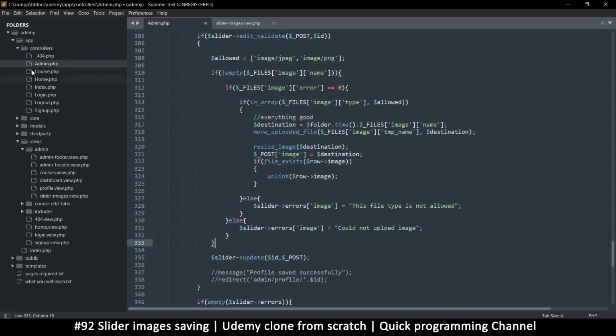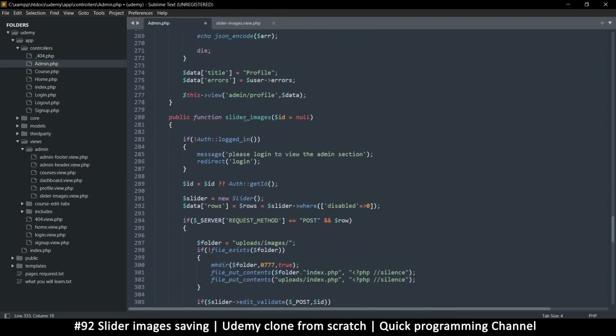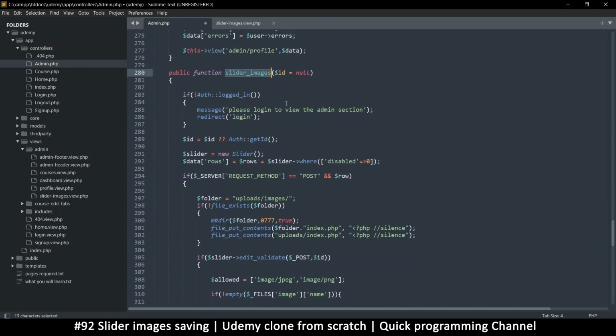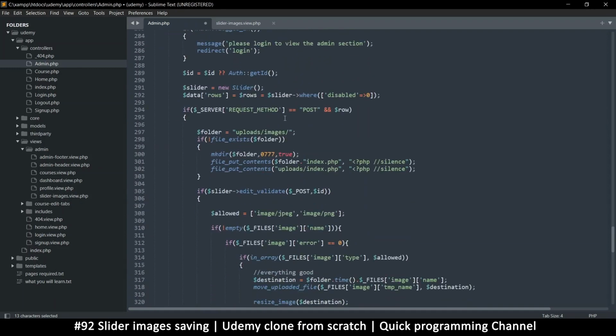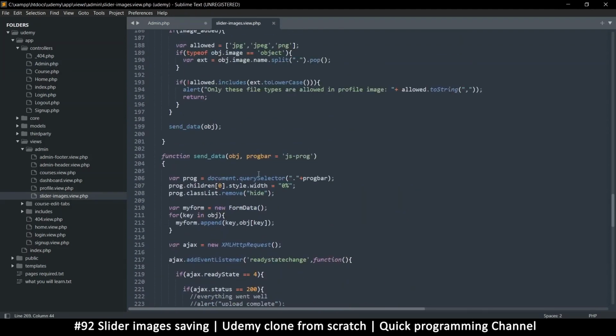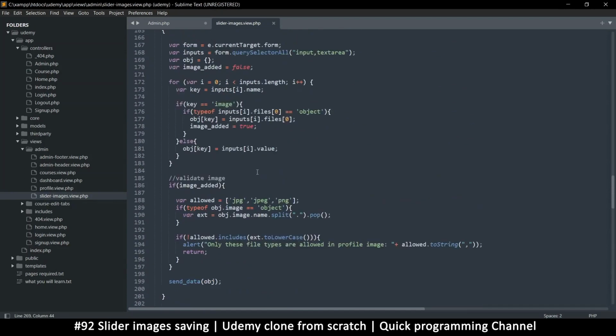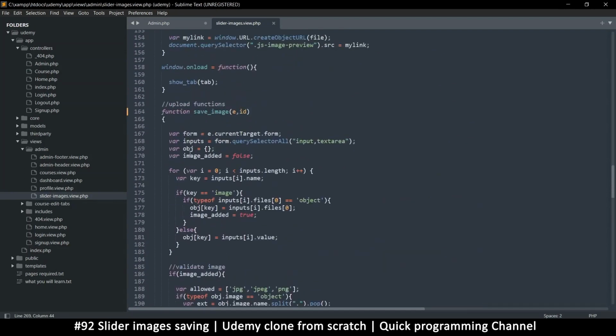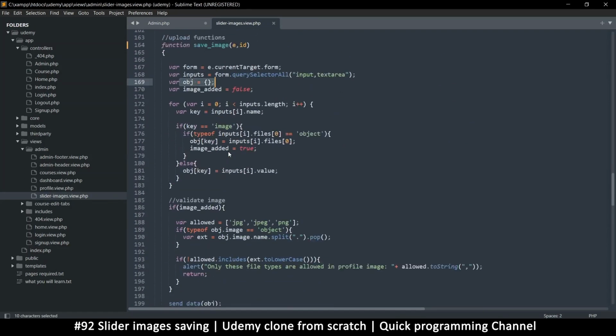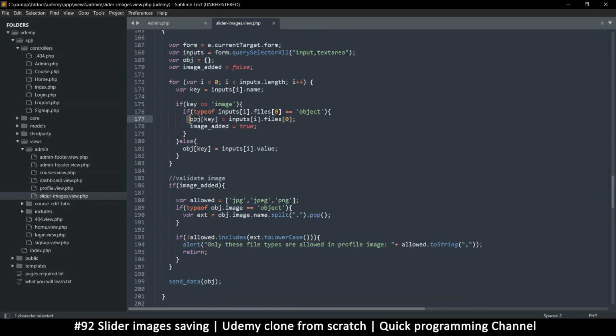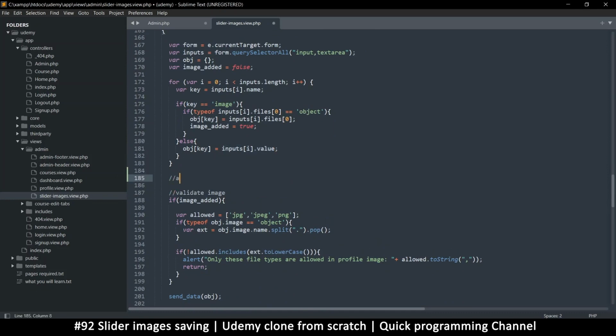Now let's go to the admin view, and we're on the slider images function. So on this point, we're going to receive, in the post variable, we're going to receive an ID as well. Oh, we didn't send it here. That's one thing I did not do. So what we can do is add it to the object here, because we're adding things to the object like this. So here, let's just say add